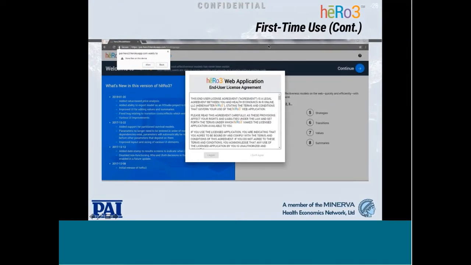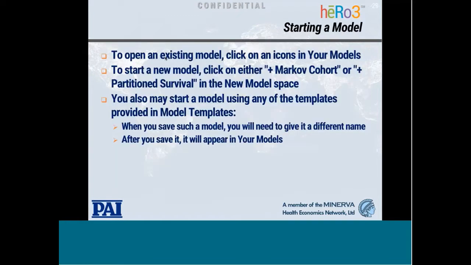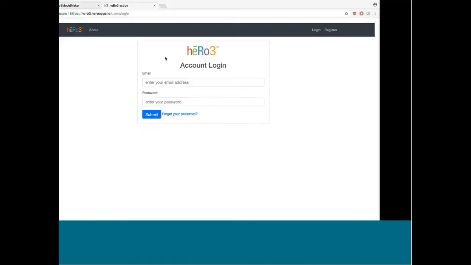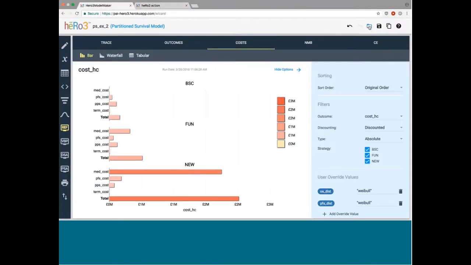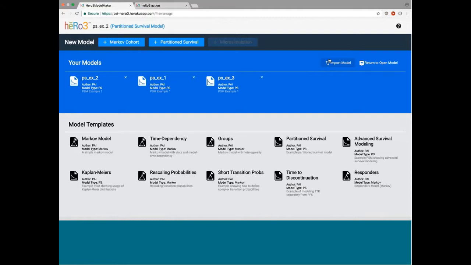Once you've logged in, you'll get this screen, and this is essentially our end-user license agreement. So you need to accept that. But also there's a little icon over here which allows us to store data within the browser area, and so you'll need to hit allow. Otherwise, you won't be able to load and save models properly, so please hit allow. Once you've done that, you'll get to this modeler workspace screen.